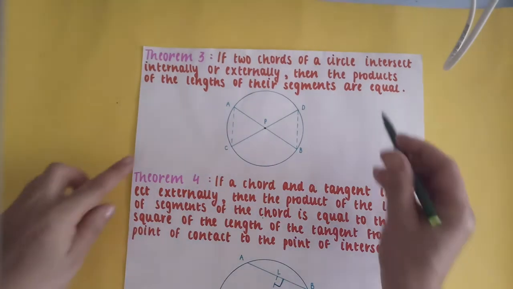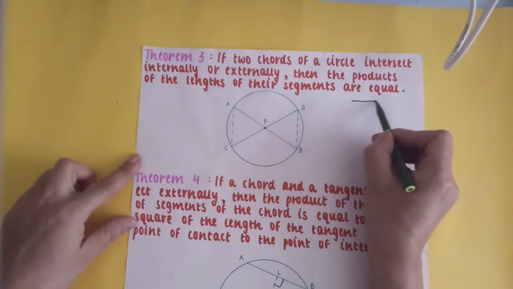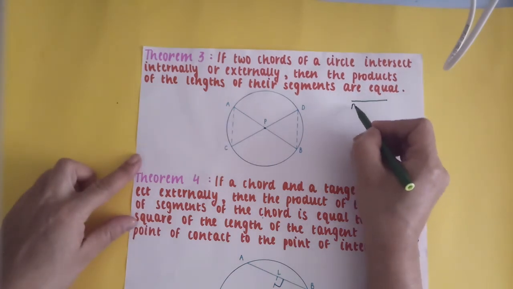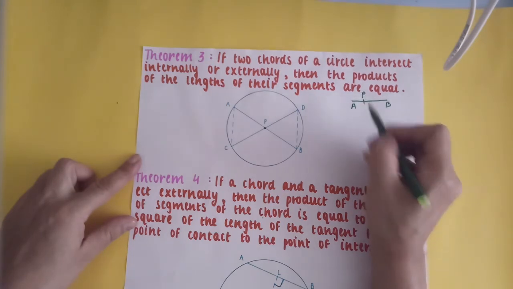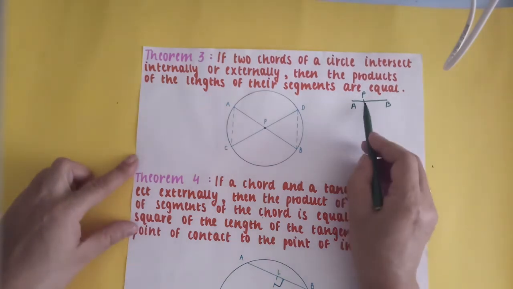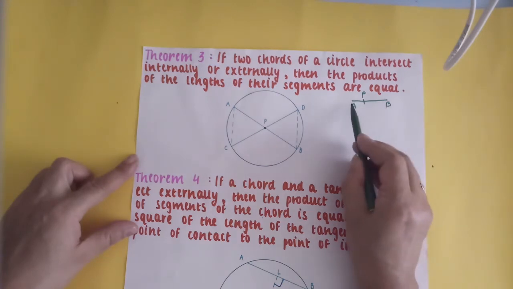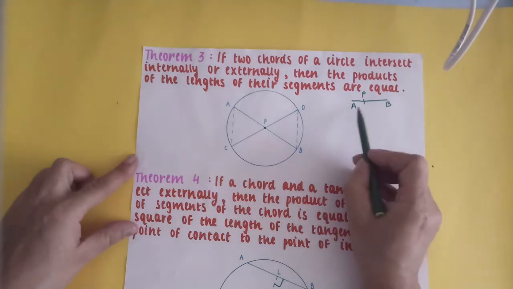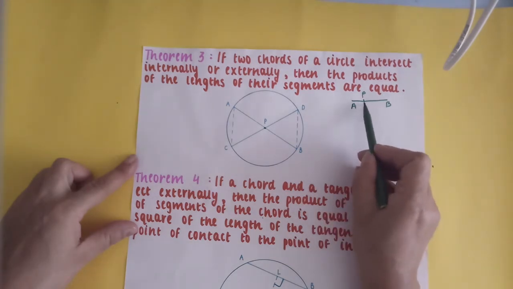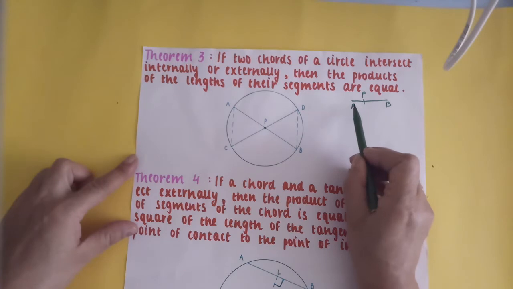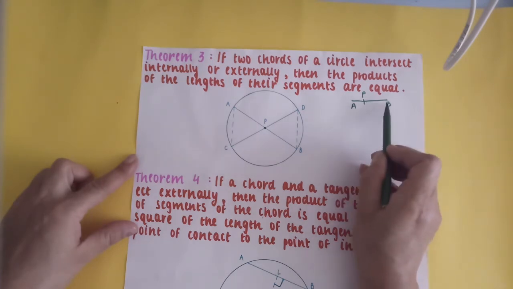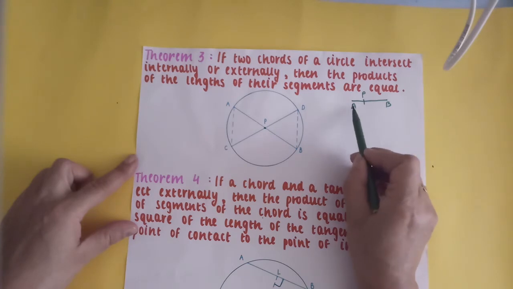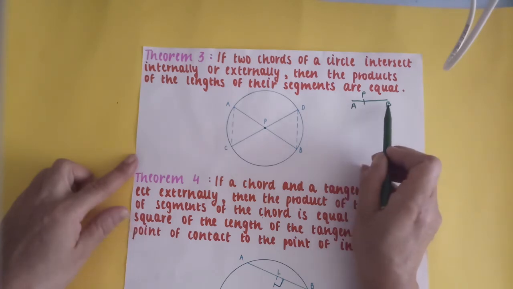Now what does that mean? Let's understand that first. Suppose you have a line AB and there is a P point which is lying on this line. Now what is this point P doing? It's dividing this line segment AB into two segments. And what are those segments? AP and PB, right? AP and PB. Because of this point P, AB is divided into two line segments, AP and PB, right?